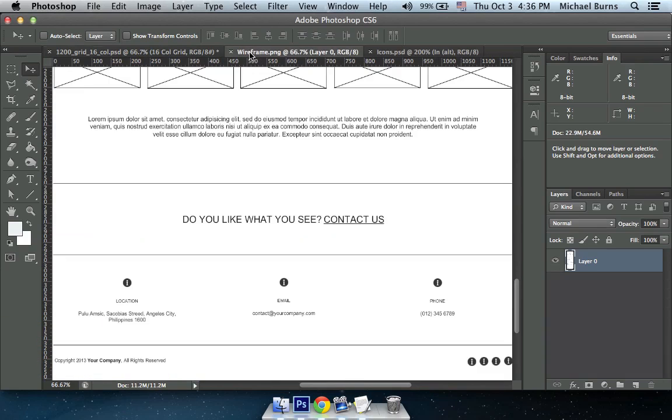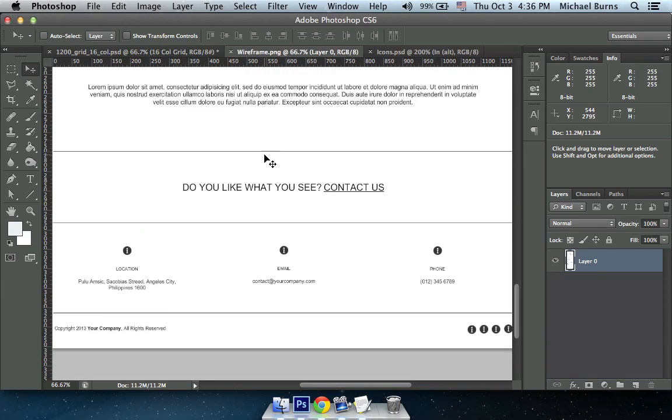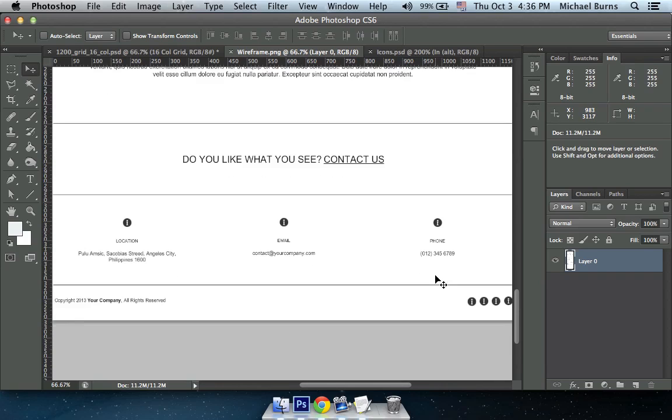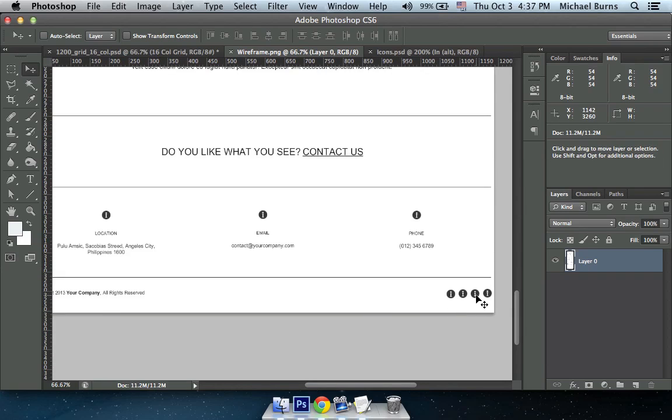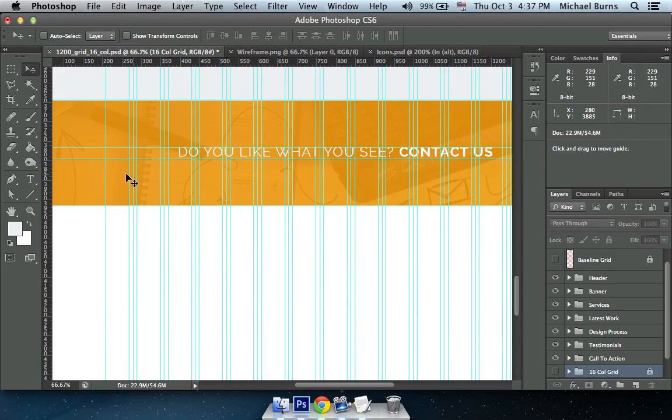Take a look at the wireframe. And we have three columns here: location, email, and phone. And on the bottom, we have copyright text and some social icons. Let's switch back to our design, and again, measure